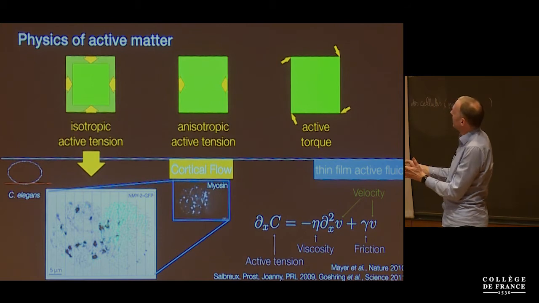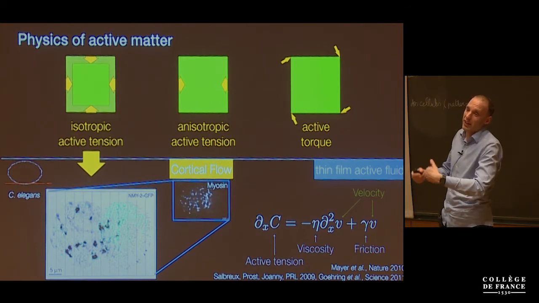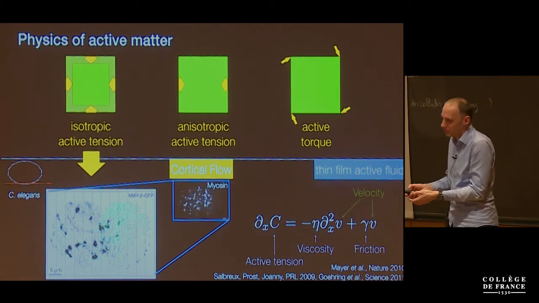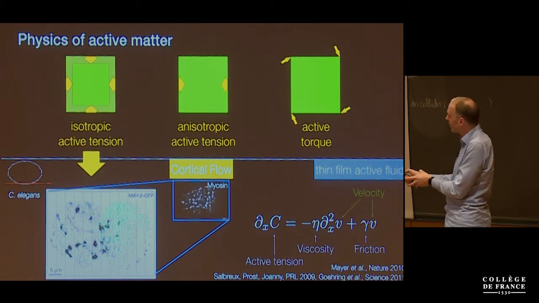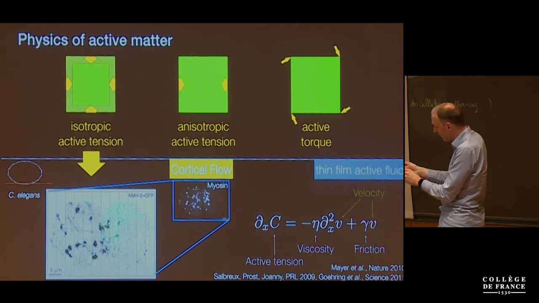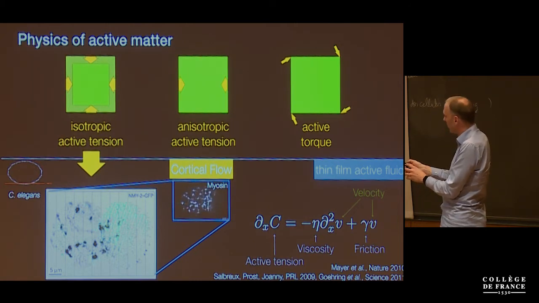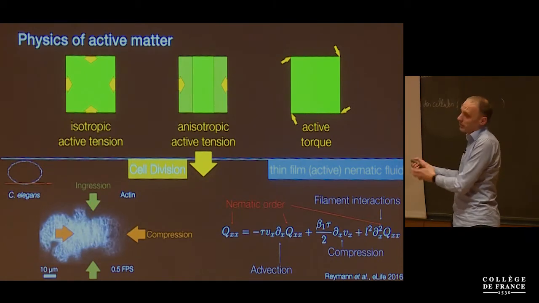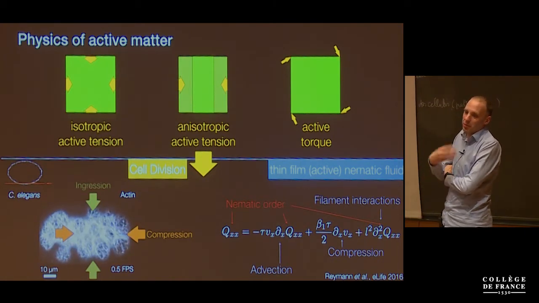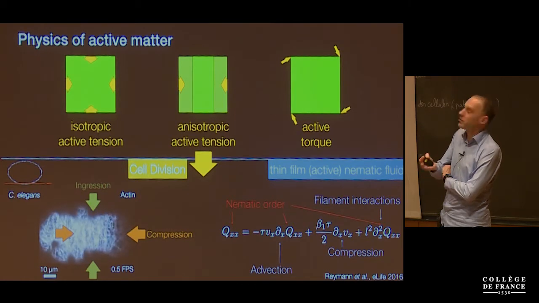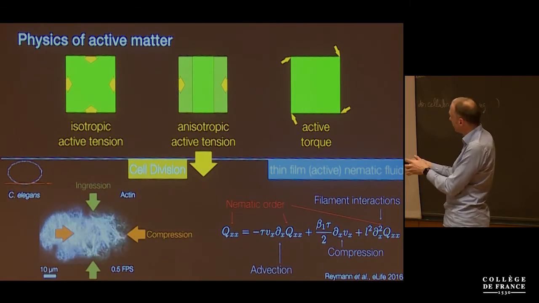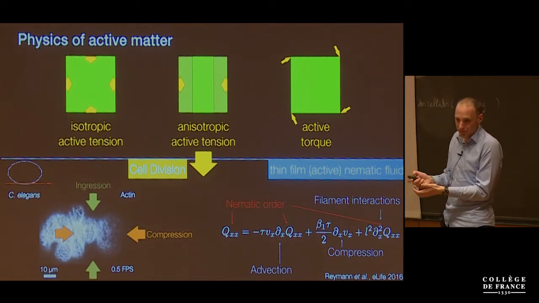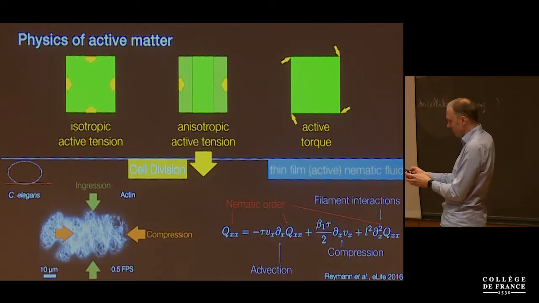So that means that a cortex can also contract anisotropically, in particular in the case of cell division, when there's a region with aligned filaments formed. And we've been investigating how shear flows in an actomyosin cortical layer couple to alignment and how this can drive ingressions. Okay? So this is basically generation of anisotropic active tension in a more ordered actomyosin cortex.